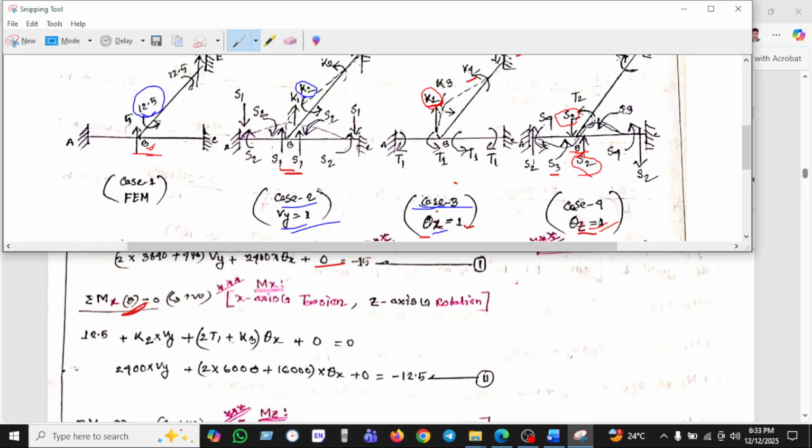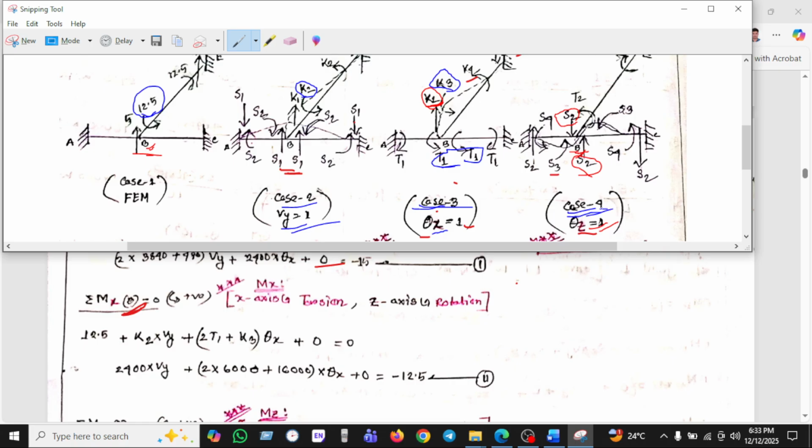and we go to the theta, case 3. In case 3 we find the T1. This is the T1, this is the T1. 2 T1 we find here, and 1 K3. This is the K3 we found in here. K3 in theta x. And if we go to the member